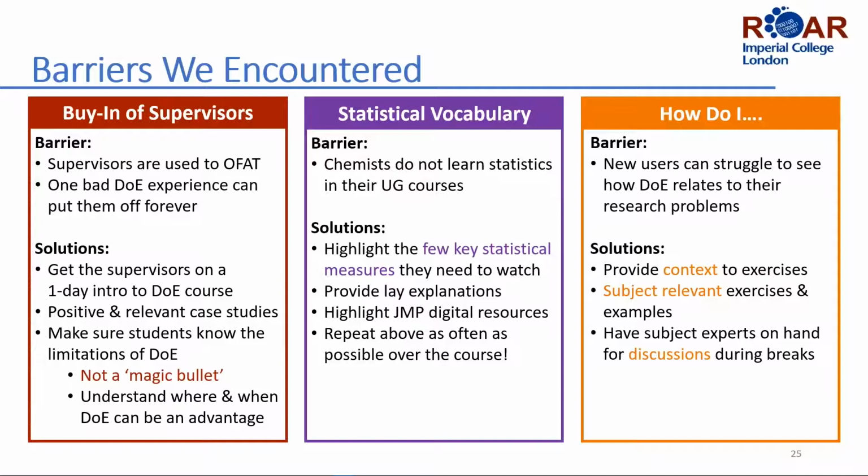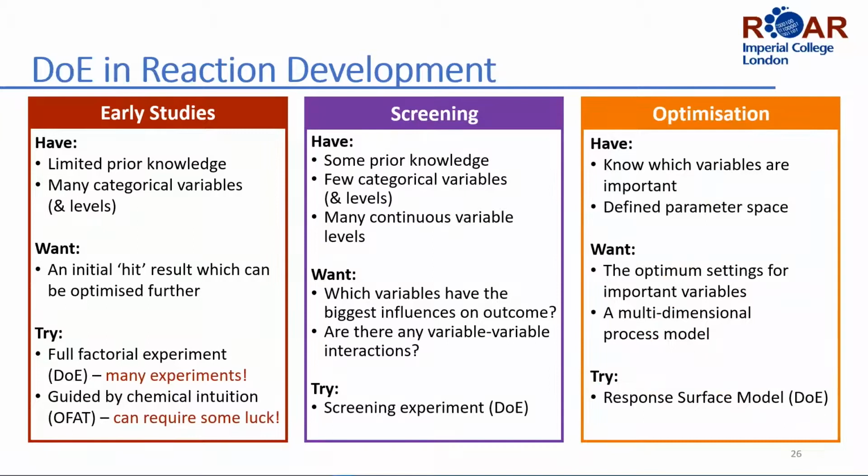Of course, next I'm going to tell you about, I make a big deal about this fact about understanding where and when DoE can be an advantage in synthetic chemistry. So I've been building up this knowledge over the years, and I like to break down the academic reaction development cycle into 3 stages. In industry, it'd be a bit different, but in academia, we're talking about